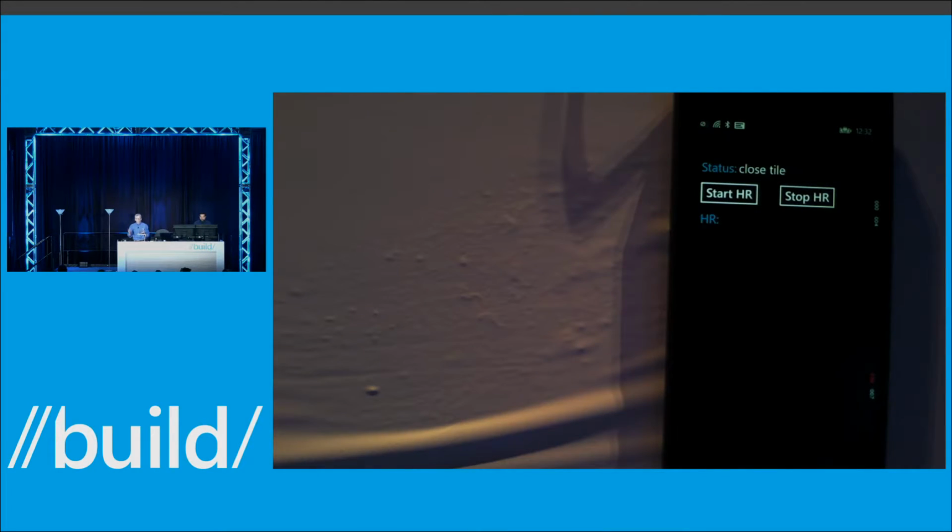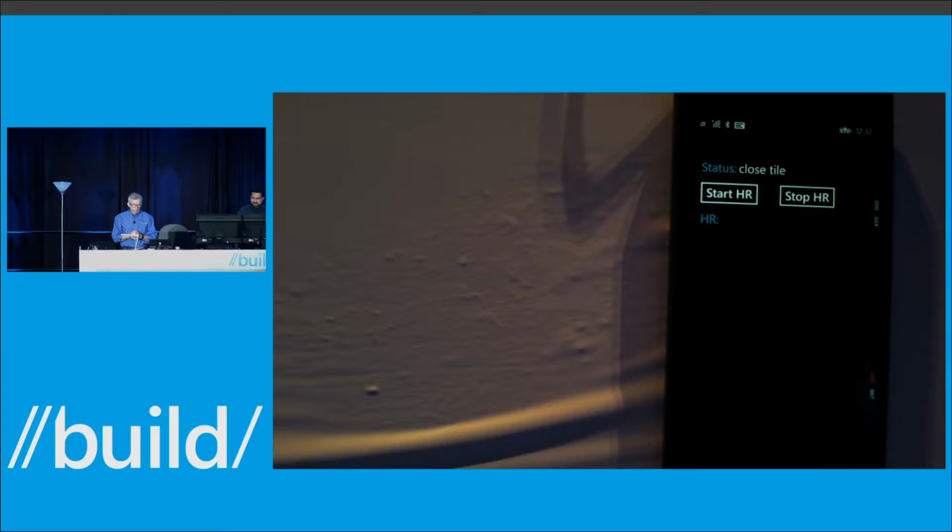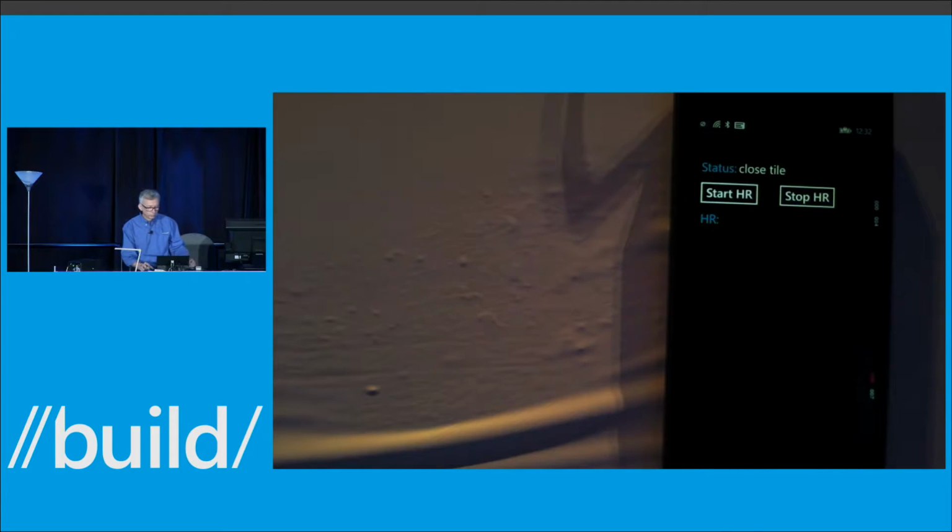And as I open this up, we'll see an open event here, and we'll also see our custom content. So we've got our on-off buttons, and we saw the tile open event. And as I press these, we'll see the button events coming in, and then we'll see the tile closed. So now you can see, we've got all the tools we need in our toolbox now to start making some really more compelling scenarios with the band.